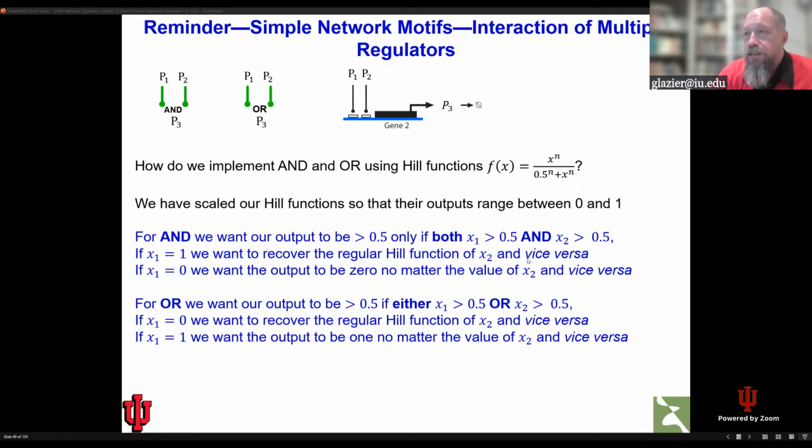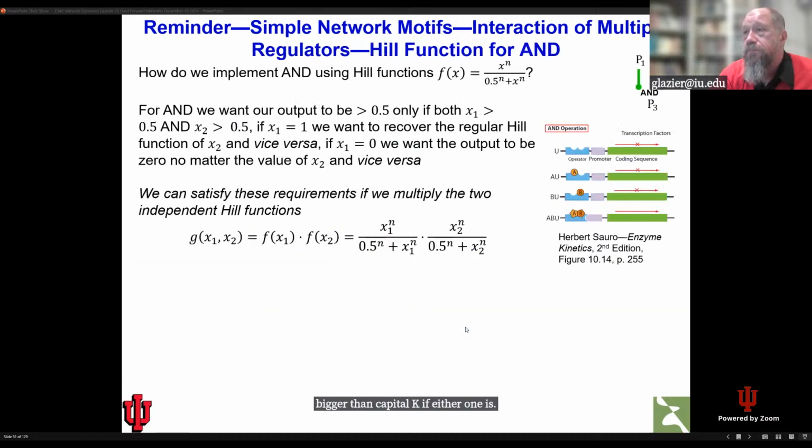And for an AND, we want our output to be bigger than capital K only if both of our inputs are bigger than capital K. For our OR, we want our output to be bigger than capital K if either one is. And there are a couple of biologically different kinds of